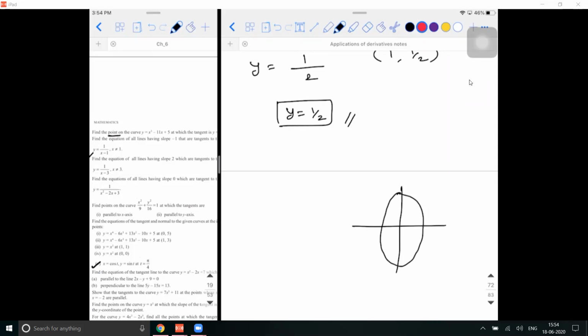you have an ellipse like this. They're asking you, find the points on the curve at which the tangents are parallel to x-axis. Obviously, there will be only one point, but we'll prove it mathematically. What are the points? The extremities of the major axis. So what is this point? Can someone tell me? See, you have to apply all these concepts in integration. I just want to see how much you remember. So what are these coordinates? I'll mark it with red. Tell me. What are these coordinates?